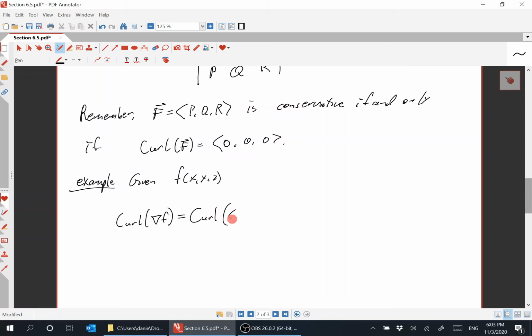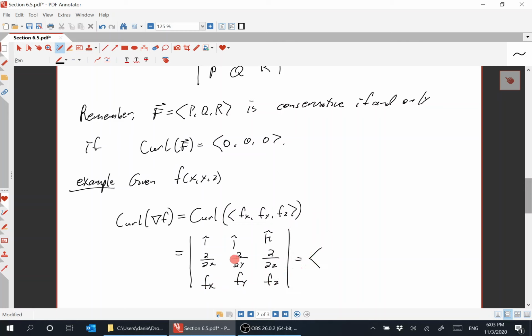So it's the curl of the vector field fx, fy, fz. This is equal to the determinant with i, j, k, partial with respect to x, partial with respect to y, partial with respect to z, and fx, fy, fz, which is equal to fyz minus fzy,